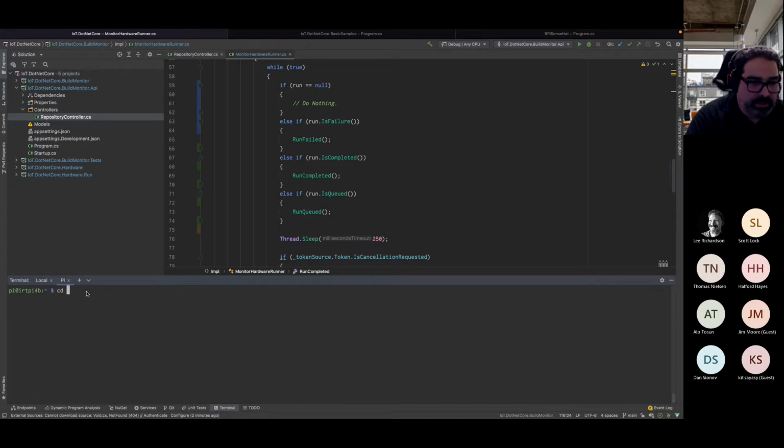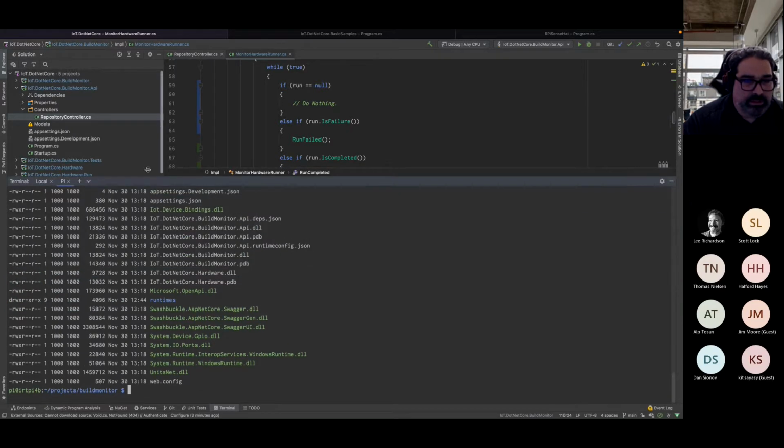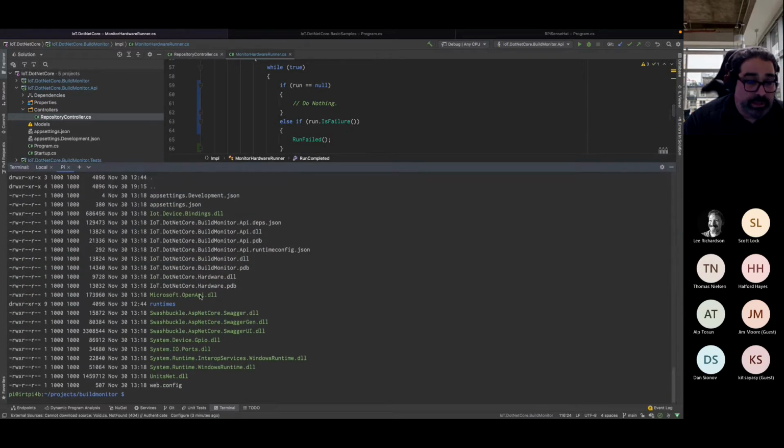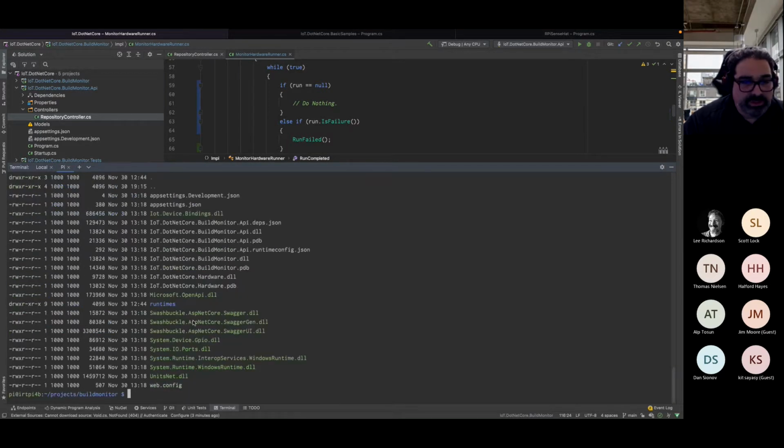So on the Pi, in my projects folder, I have a build monitor, which is exactly what I need. Again, to my earlier comment of pushing out very efficient assemblies. So there are the Swashbuckle assemblies that will actually provide the Swagger for my API.